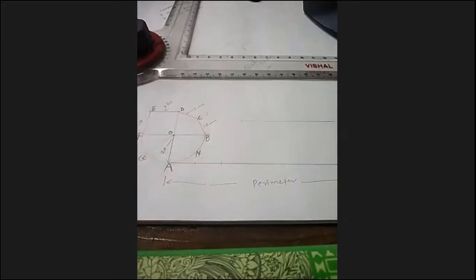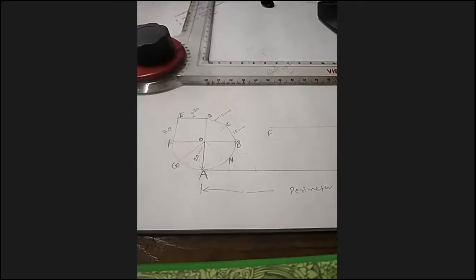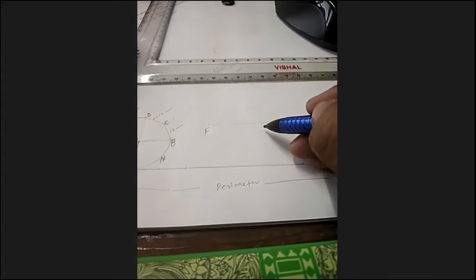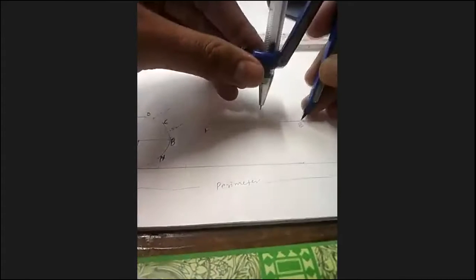Okay, now this line, I am doing this exercise for getting lengths from F to B. So this is equal to FB. Now I'll require G and H. So I will first of all bisect this line with my compass. If you are comfortable with any other method, you can go that method also. There is no hard and fast rule that you should follow this method only.